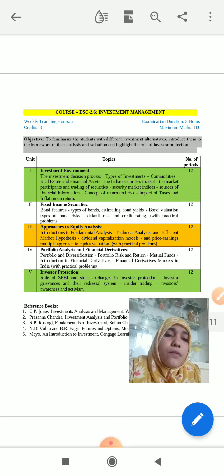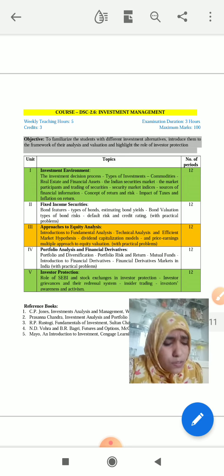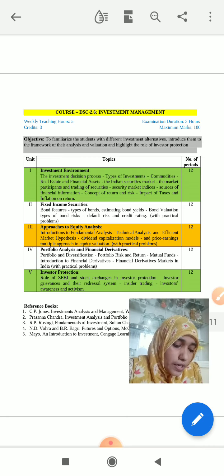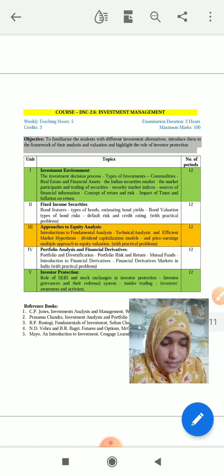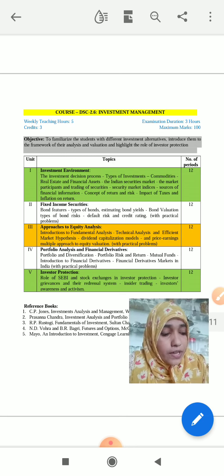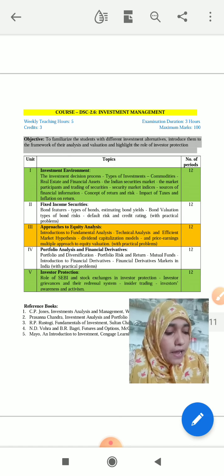So now let's move to the bond. What is a bond? Bonds generally mean a contract between two parties, or a contract between companies. This is the meaning of bonds. It is a fixed income instrument, or a fixed income investment, which represents a loan made by an investor to a borrower.